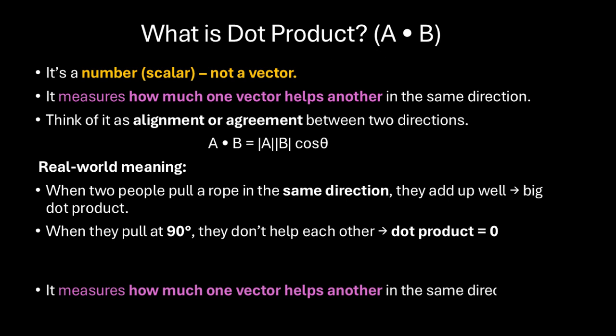So dot product is a number, which means it is a scalar product and is not a vector. It measures how much one vector helps another in the same direction. Think of it as an alignment or agreement between,